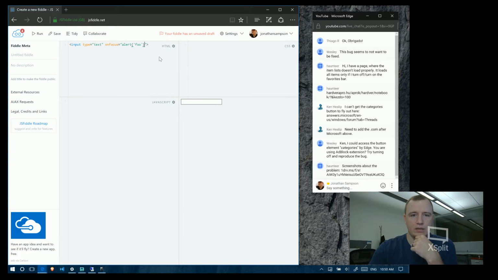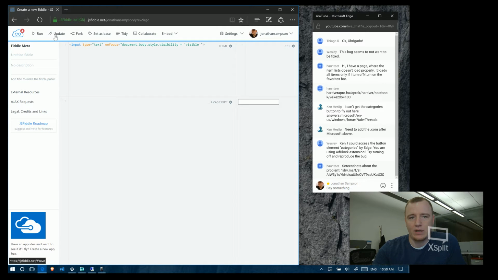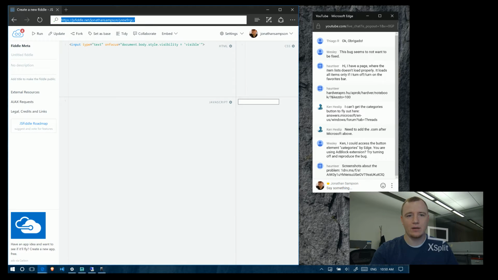So what we're going to do inside here, instead of alerting foo, we'll just do document.body.style.visibility equals visible. And we're going to run that. Basically, this logic is going to fire whenever the focus event fires for this particular input. So I'm going to save this, and I'm going to go ahead and open up the address on my phone. So we'll copy this,